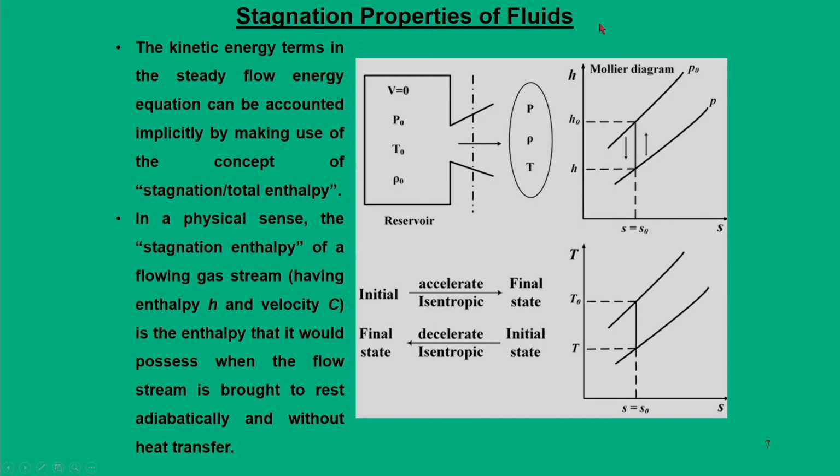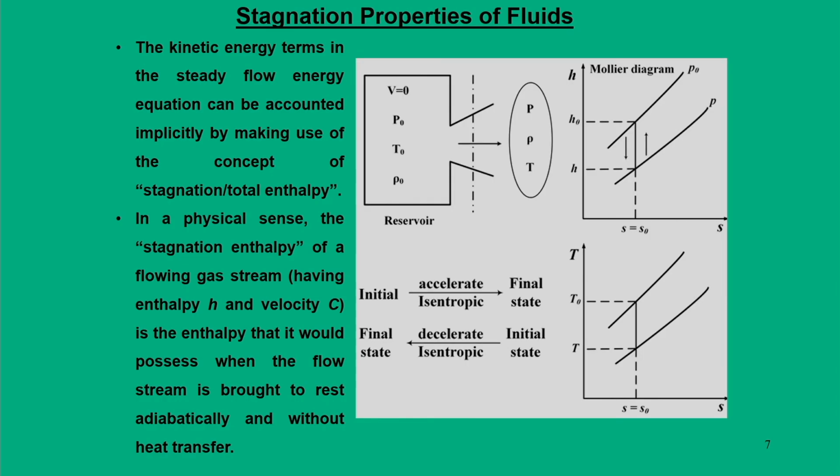Okay. Now, the next section that we are going to discuss is the stagnation properties of the fluid. Why do we introduce the stagnation properties of the fluid? Because an aircraft propulsion system uses turbomachines, like compressors and turbines. The entry and exit states of these components, turbines and compressors, have essentially very high velocities. And when you have high velocity, the fluid also has a certain kind of energy, which we call kinetic energy.